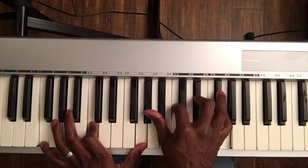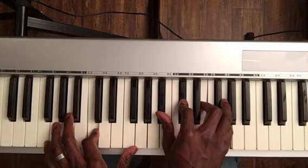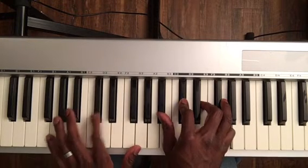So that's a really cool sound, basically a 3/6 progression relative to the major key. And you'll hear that sound a lot. So if I'm here,